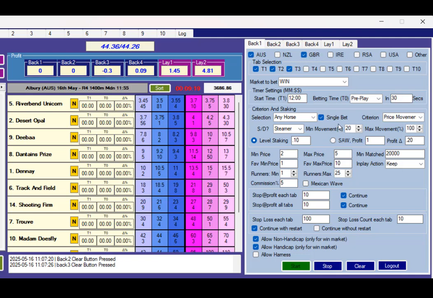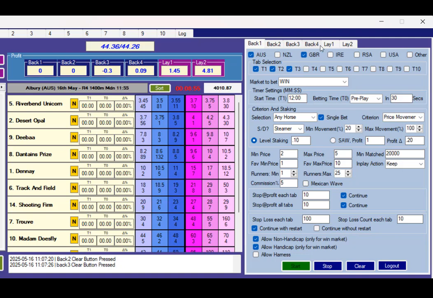You will find that some of these settings work better in some countries than others. So you may have a back 1 setting for Australia, and then you may have back 2 maybe for Great Britain, and be just slightly different than the settings you've made for back 1. But you can see in those strategies we've got in the owner's manual, in the user guide, how they go